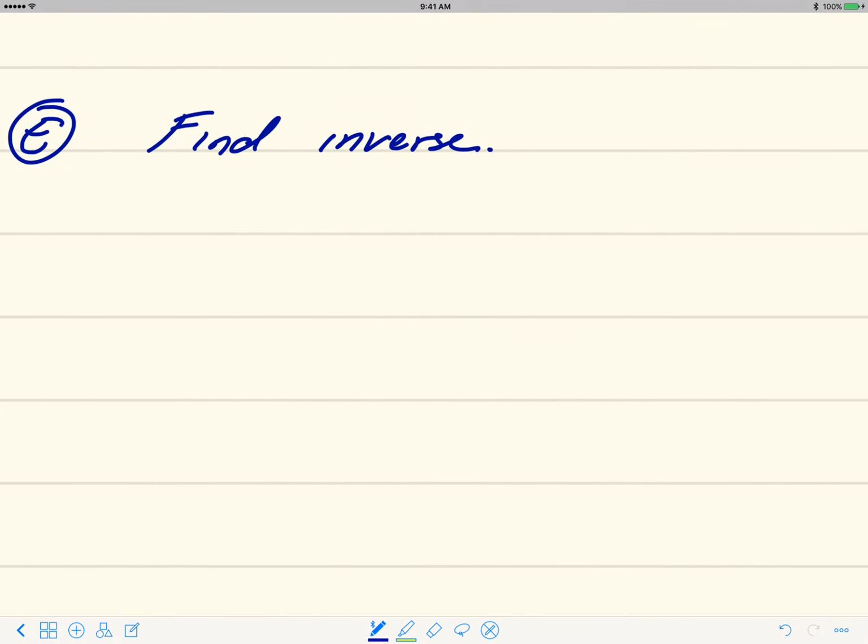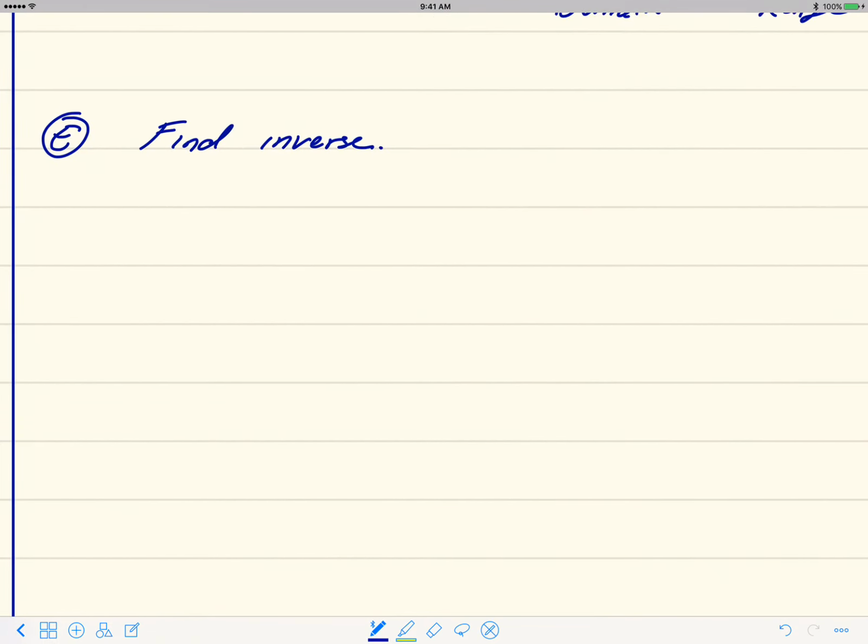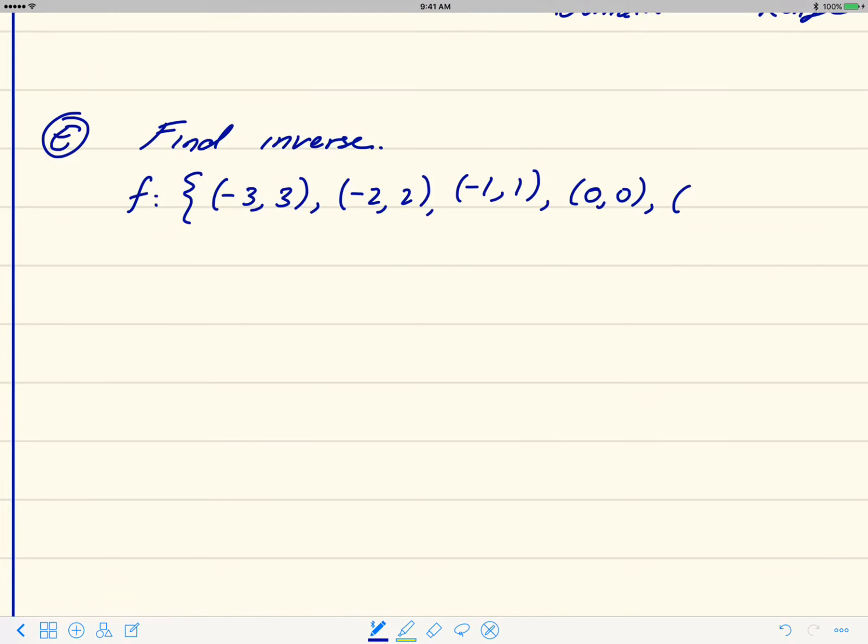But the examples we're looking at will be one-to-one, otherwise I wouldn't ask you to find an inverse. So let's take a look at this example where the function f is given as a set of ordered pairs. So -3, 3, -2, 2, -1, 1, 0, 0, and 1, -1. We looked at this earlier and we said it was one-to-one. So the inverse function, let's write it here, the inverse function